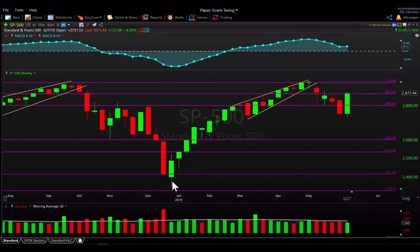So we were much more stretched to the downside here back in December, but it does go to show you that these weekly outside reversal candles can lead to some very powerful moves. And in this era of bull markets, they love to be in V-shaped form where they basically don't look back and just march higher and higher, causing everyone to catch on board and pay up for higher prices. So, something to keep in mind, an open mind. Again, we're not here to predict what's going to happen here. Nobody can do that. But we want to keep an open mind of the path that the market can take, so we can prepare ourselves to trade it and to do it